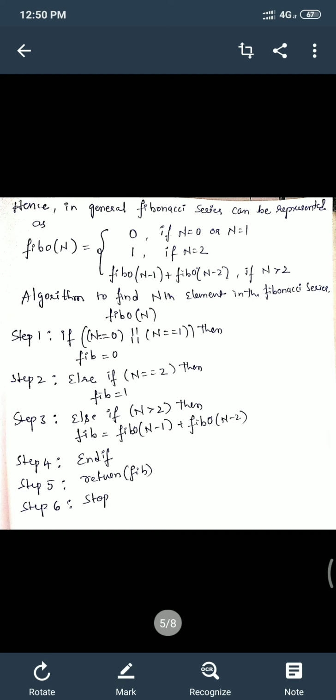Step 3: else if n is greater than 2, then Fib, which is a variable, is equal to Fibo of n minus 1 plus Fibo of n minus 2. The next step is to end the if statement, then return the Fib variable, and step 6, the last step, is stop.